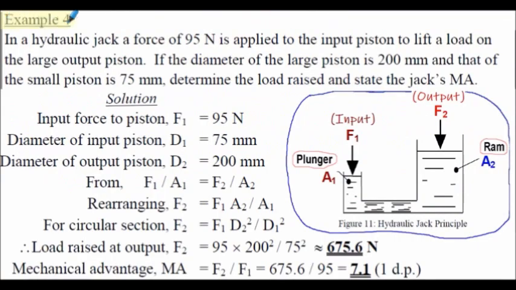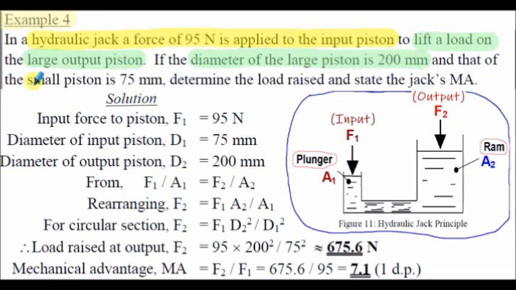Here's example 4, extracted from our hydrostatic notes. In a hydraulic jack, a force of 95 newtons is applied to the input piston, and that's to lift a load on the large output piston. If the diameter of the large piston is 200 millimeters and the diameter of the small piston is 75 millimeters, we've got to determine the load that can be raised, the output, and also state the jack's mechanical advantage, the MA. So extracting the information from the question, the input force to the piston, labelled F1, shown here, is applied